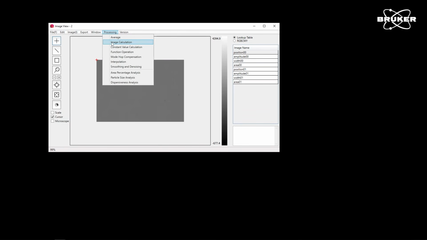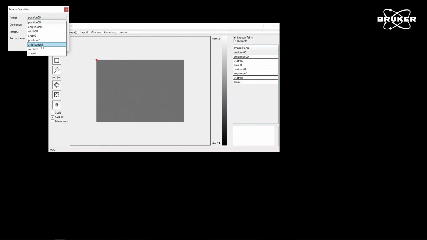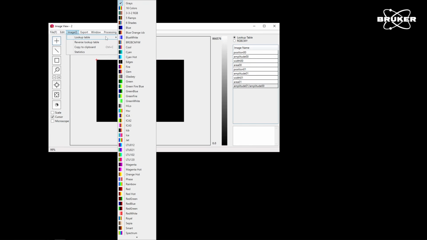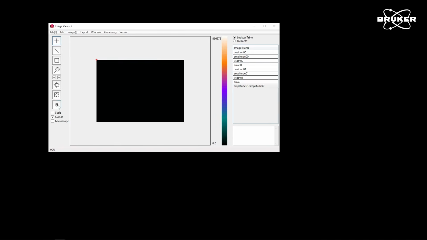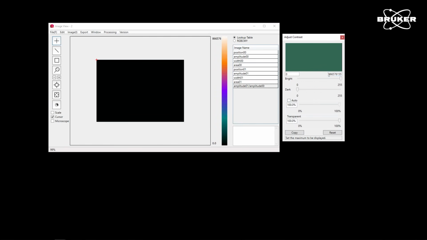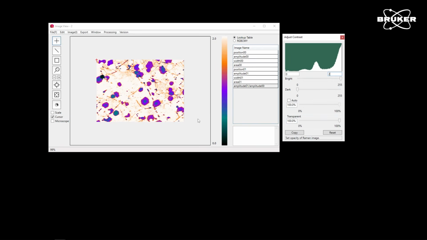What we want to do now is calculate and divide amplitude 2, which is the 2D band, by amplitude 1, which is the G band. Select the same lookup table for comparison, select thresholds between 0 and 2. And now we have a clear picture that, as we said beforehand, everything above 2 is monolayer.